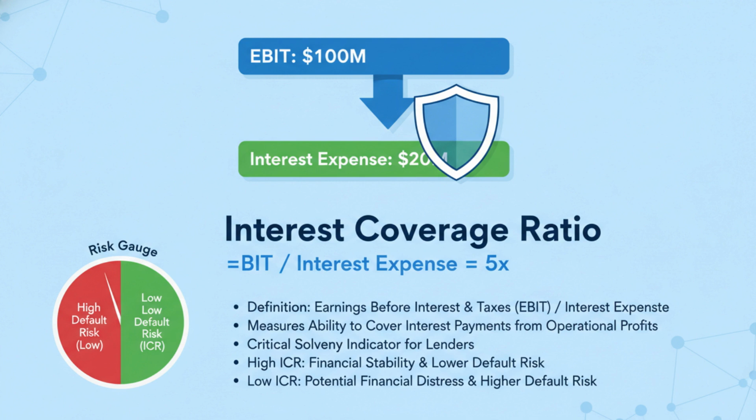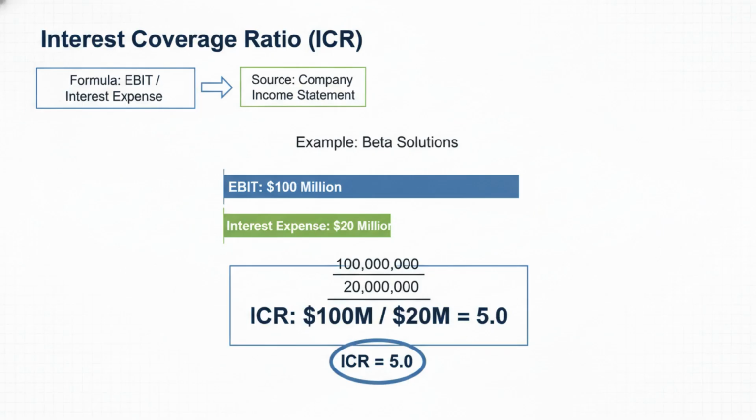Conversely, a low ICR can be a red flag, indicating that a company might struggle to pay its debt interest, which could lead to financial distress or even bankruptcy. To calculate the interest coverage ratio, we use a simple yet powerful formula: earnings before interest and taxes, or EBIT,